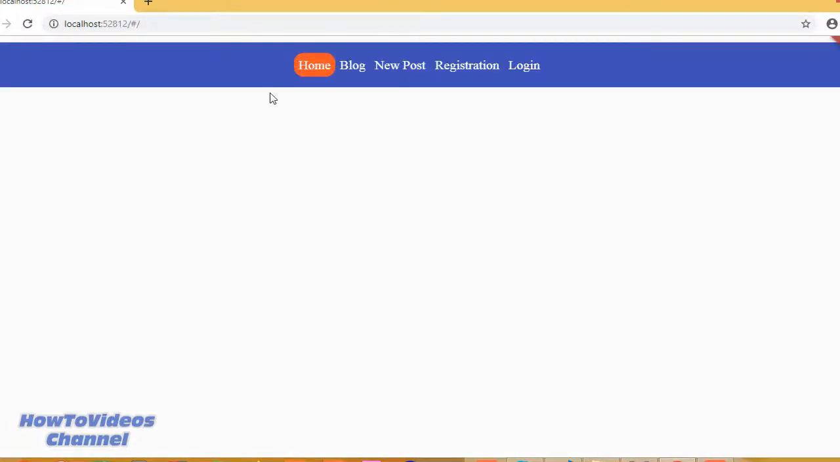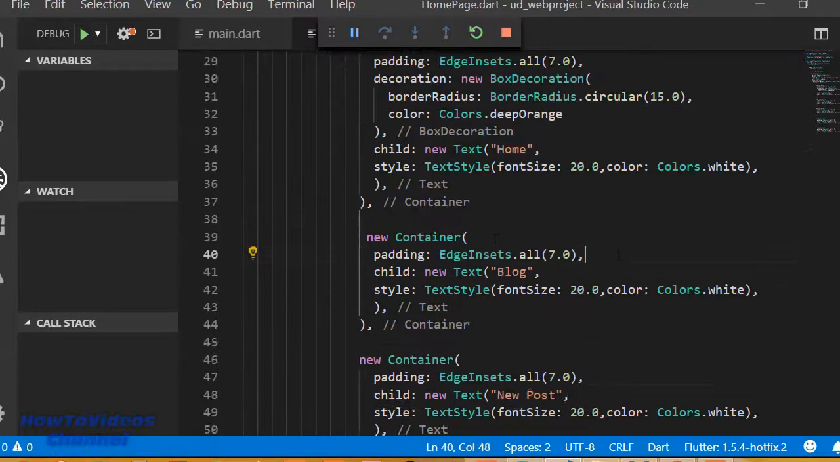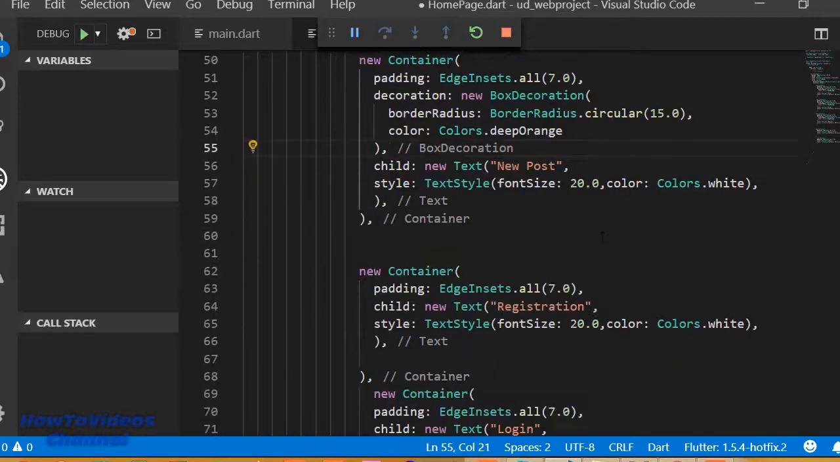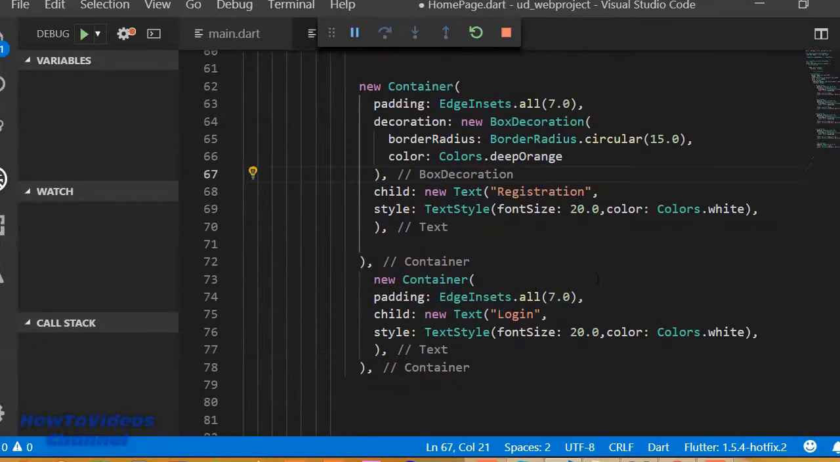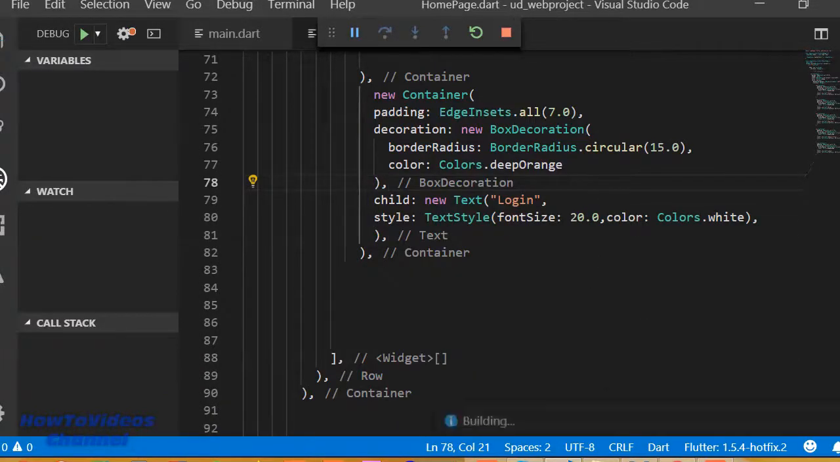Here we can see this border radius. So if you need border radius for each and every item, you can simply add it. We can copy this border radius and add it inside this container, and inside this container, and after this one, and after this one. So now if I save it and reload it,